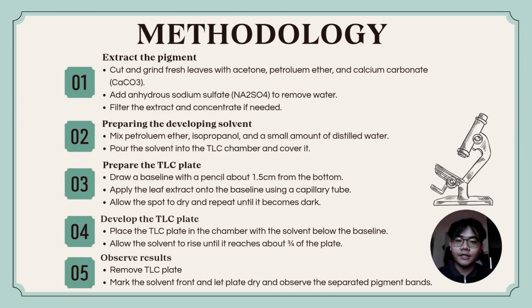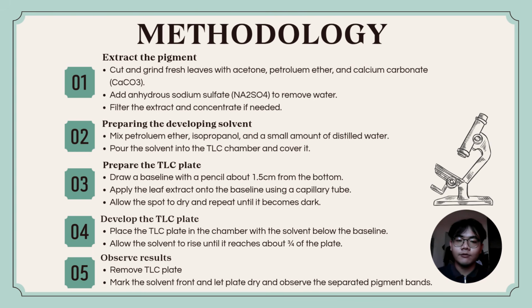First, fresh leaves are cut into small pieces and the pigments are extracted using acetone, petroleum ether, and calcium carbonate. Sodium sulfate is added to remove any water, and the extract is filtered. Next, the developing solvent is prepared by mixing petroleum ether,